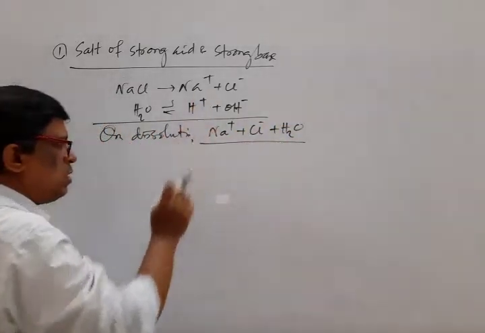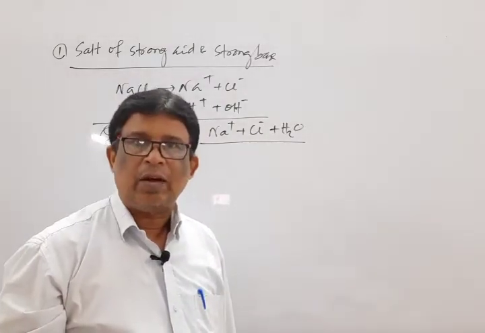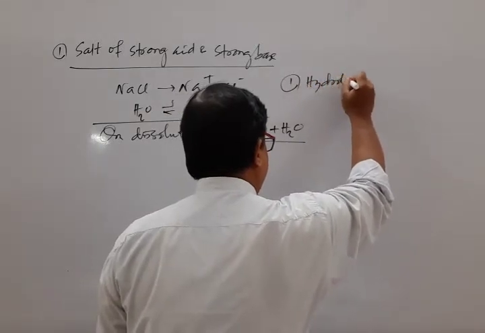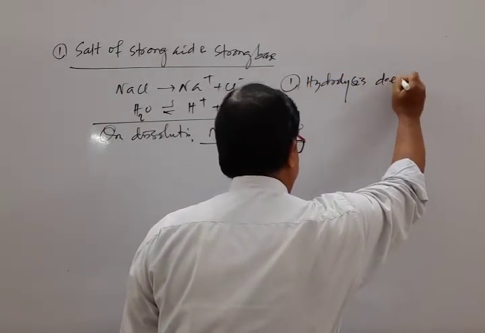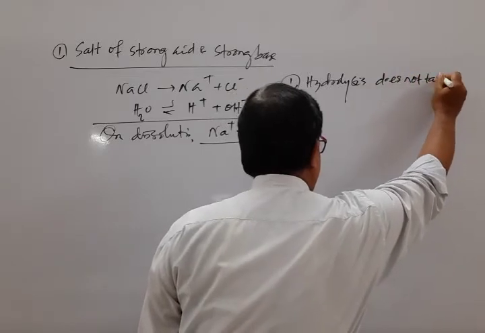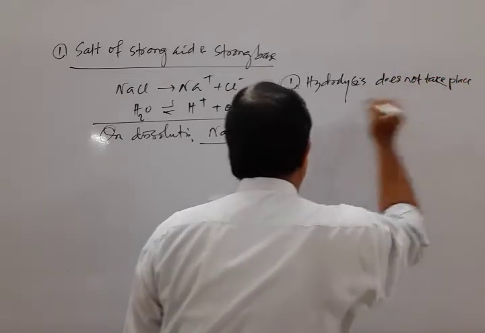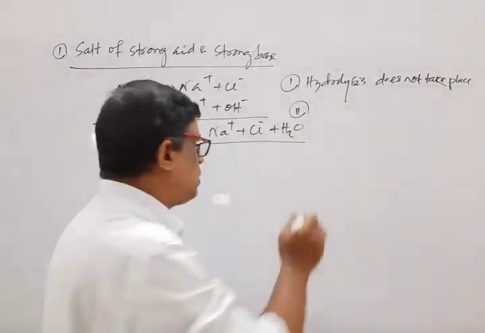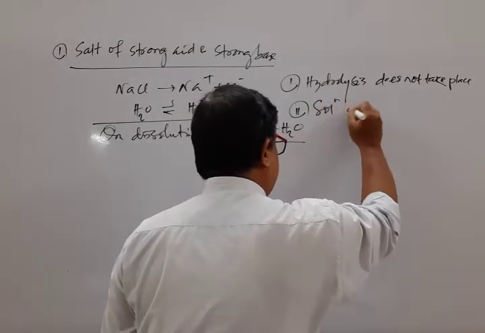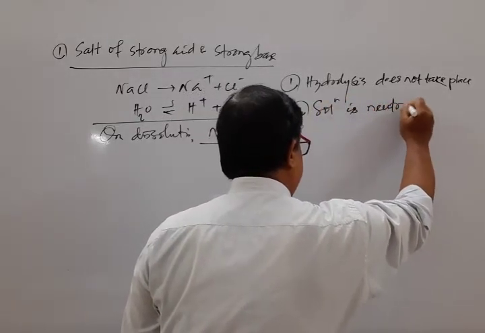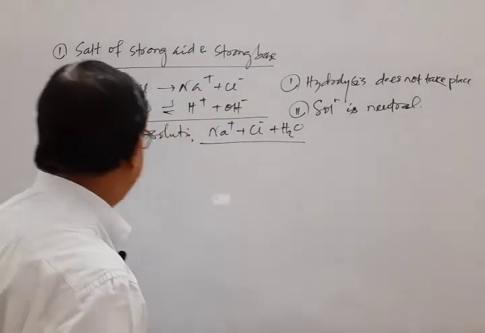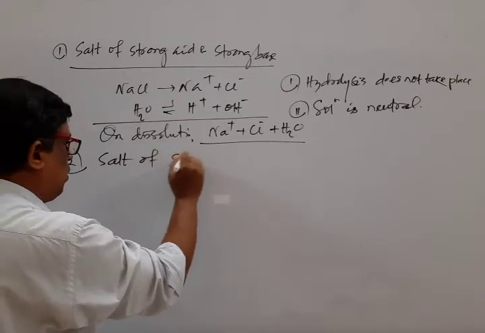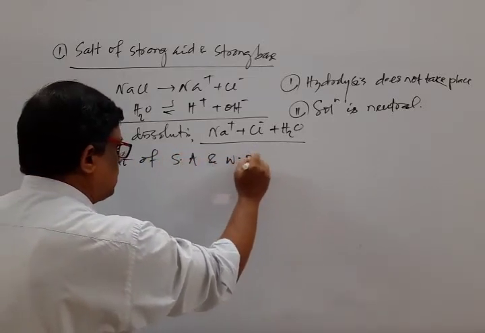So mark that, as there is no interaction of cation and anion of the salt, hydrolysis does not take place. And point 2, mark that, since there is the absence of free H plus ion and OH minus ion, we say that the solution is neutral in nature. It is category 1. Move to category 2,